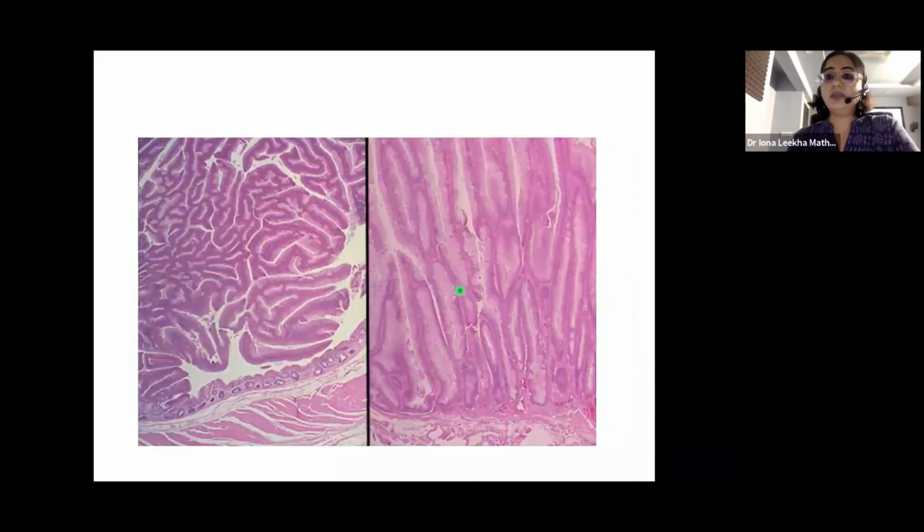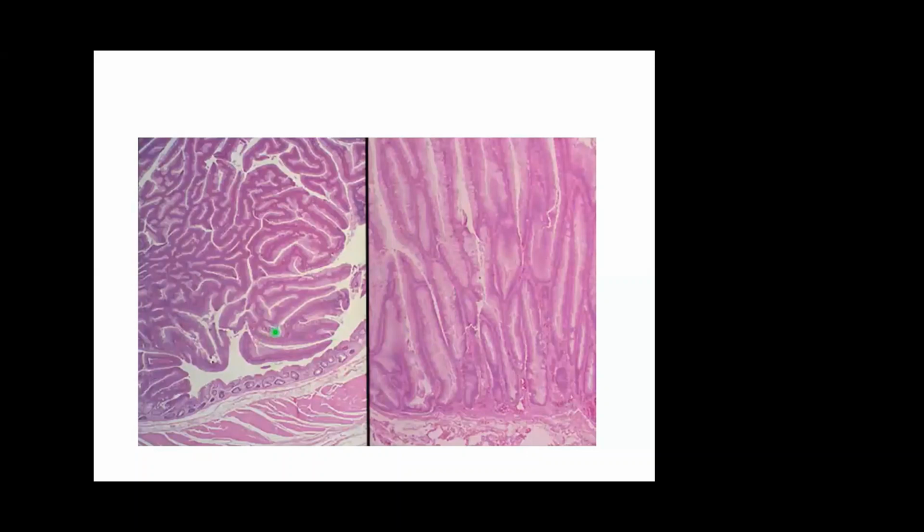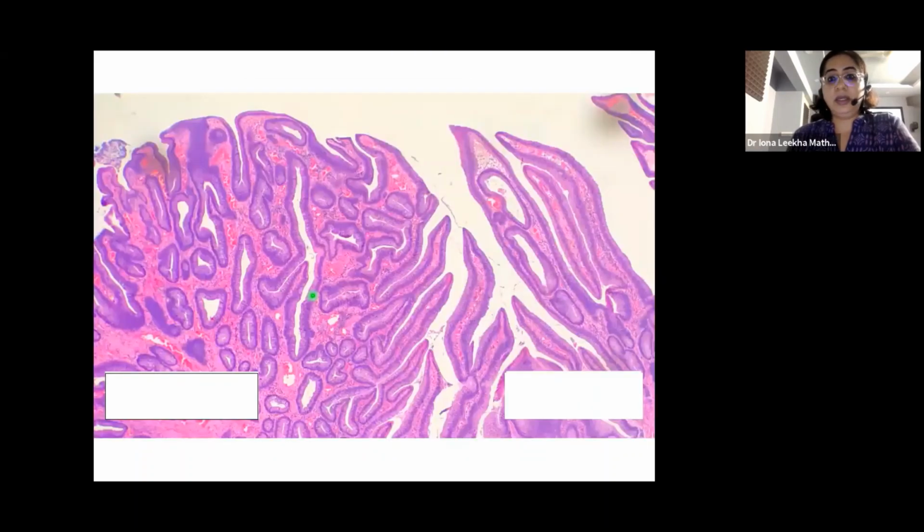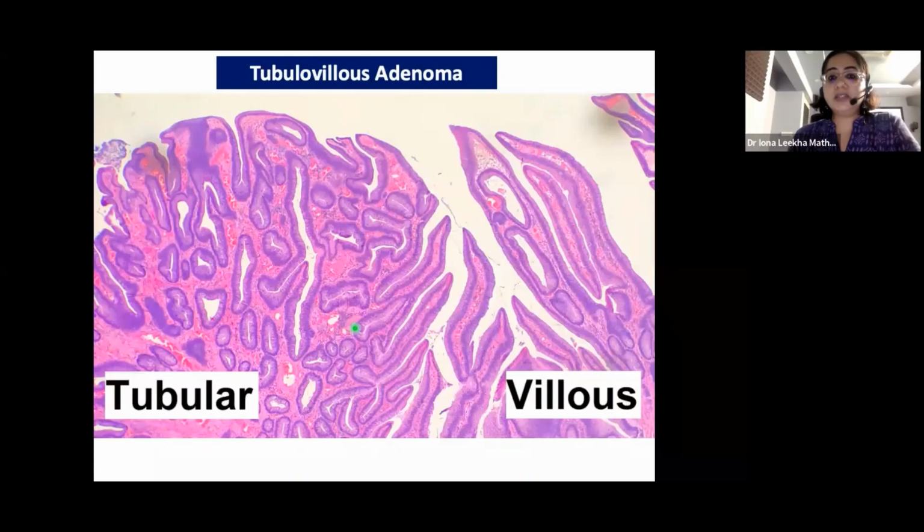This one, Aniket, what do you think this is? Which type of polyp is this? Ma'am, this is villous adenoma. Yeah, most of the polyp is composed of villous structures, so we will call this a villous adenoma. And this one, you have both. Ma'am, it looks like a mixture of both. Then it will be a tubulovillous adenoma. Yeah, so these are the tubular structures and these are the villi. So we call it a tubulovillous adenoma.